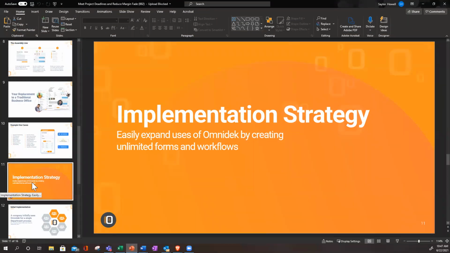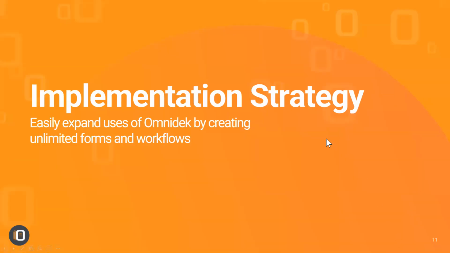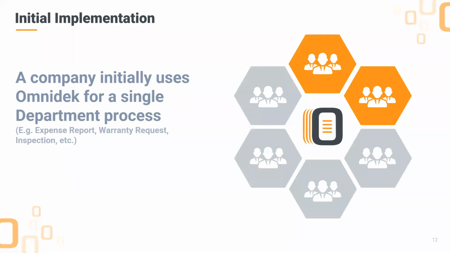A lot of people ask, when we're looking at OmniDEC, it looks like it can do a lot of stuff. It looks really easy to use, but where would we start? Sometimes we'll do custom projects and a company wants to jump into something big, like maybe they need a sales order system that does negotiated rates on labor, right? Or whatever it is. We can help and create some of those custom processes, but we typically recommend,